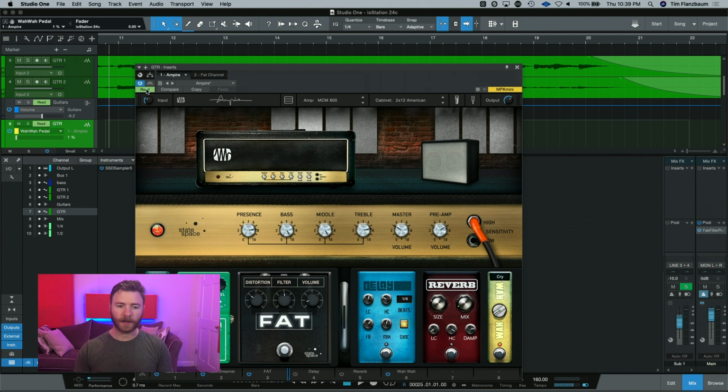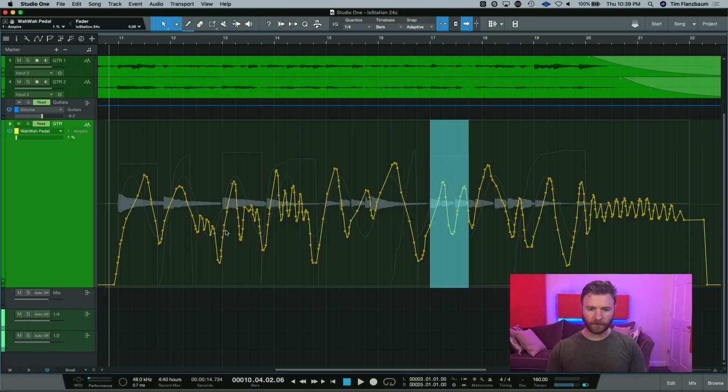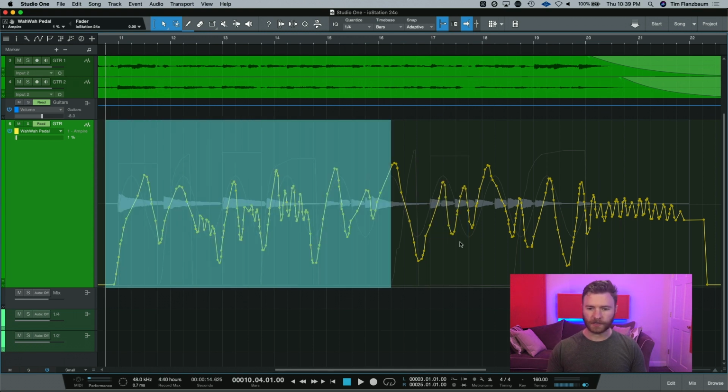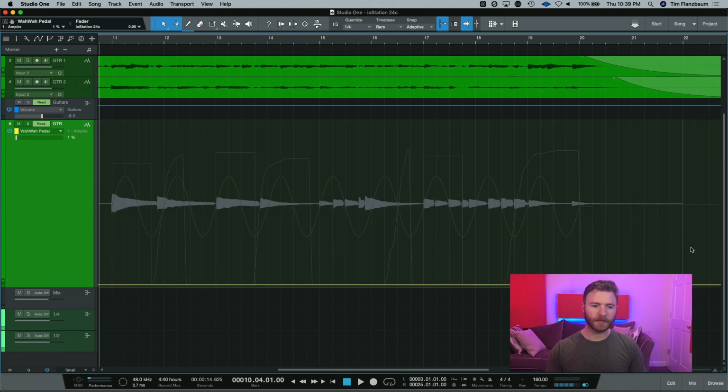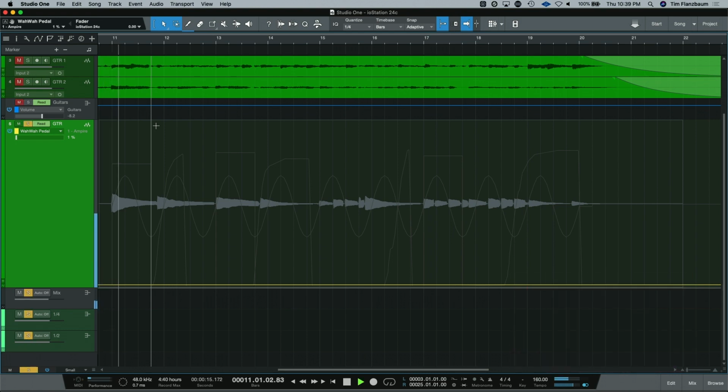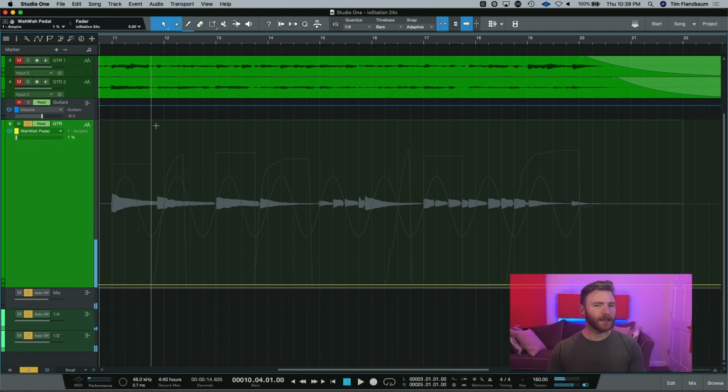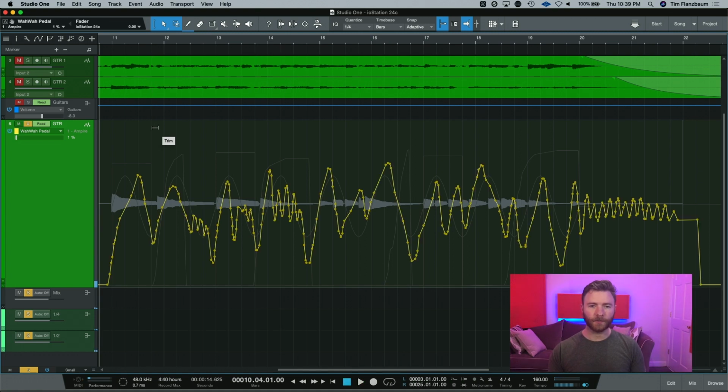Then I made sure that my plugin was in read, because sometimes you do need to do this, but not all the time. I just wanted to play it safe and put it on. And that is what we are looking at right here. This is my wah automation. If I was going to take all of these nodes and delete them, now listen to the guitar part. Not nearly as fun. If we undo and put that wah back in,